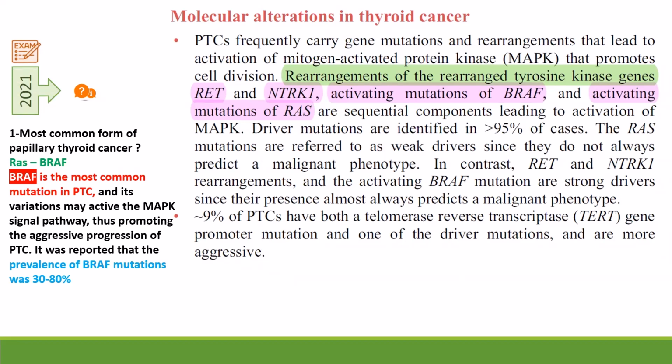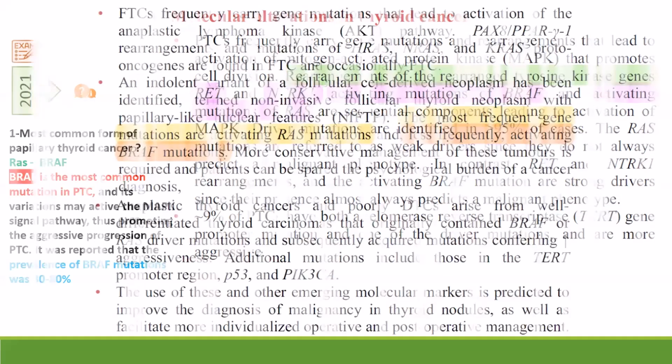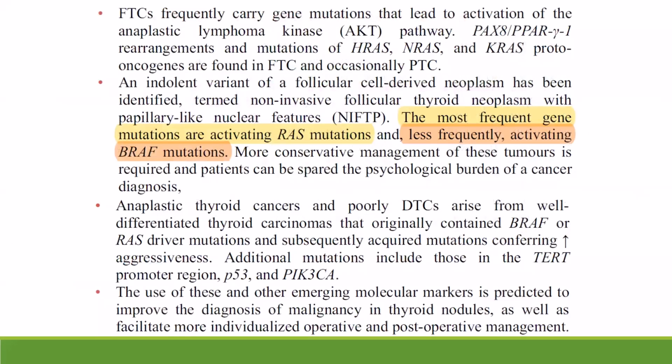gene mutation in papillary thyroid cancer, RAS or BRAF. Actually BRAF is the most common mutation in papillary thyroid cancer, and the prevalence of BRAF mutation is 30 to 80%, which I will discuss later in the next slide. The most frequent gene mutation in follicular thyroid cancer is RAS mutation, and less frequently BRAF mutation. So RAS and BRAF